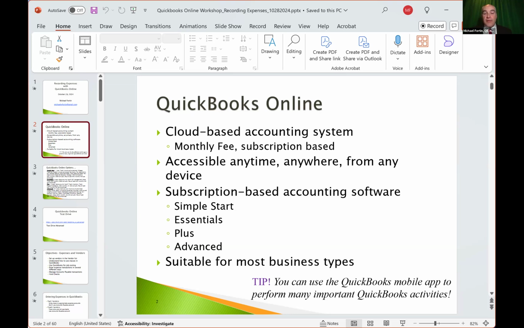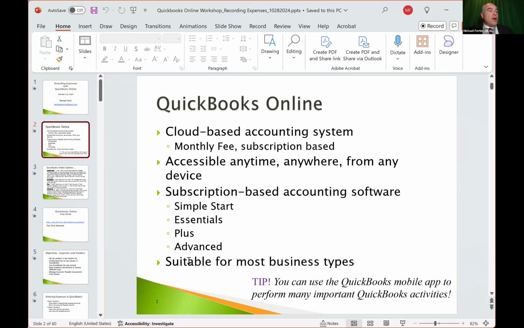There are 4 basic levels of QuickBooks Online: Simple Start, Essentials, Plus, and Advanced. Most students that I work with end up using the Plus level because the Plus level has the majority of the features which most businesses need. And it is suitable for most types of businesses.